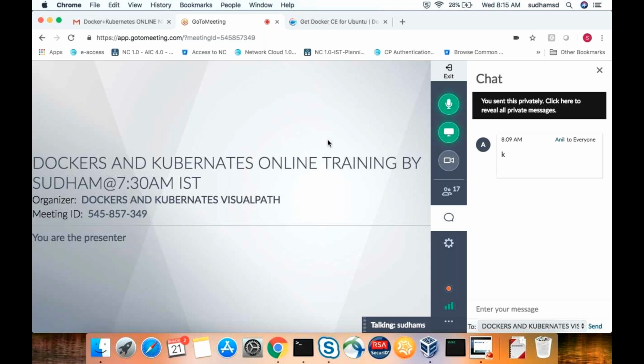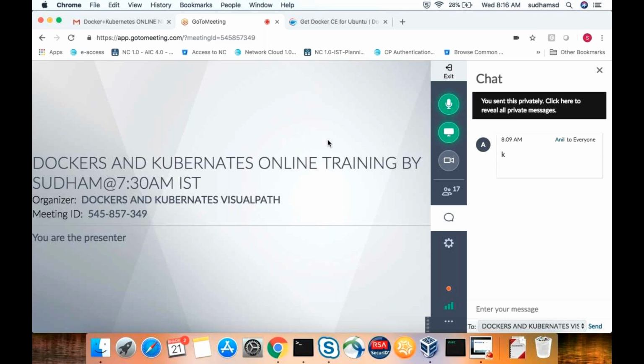But we are running all the commands on the local machine itself, the machine where you have installed Docker. Obviously, we'll have a Docker command. The Docker CLI command will contact the Docker daemon, which is running in the background, and then it will create a container for us. If you are trying to log into your Docker machine from outside, then you need to install some package. If you are already logged into the Docker machine and trying to create containers, nothing is required. Directly you can execute commands.